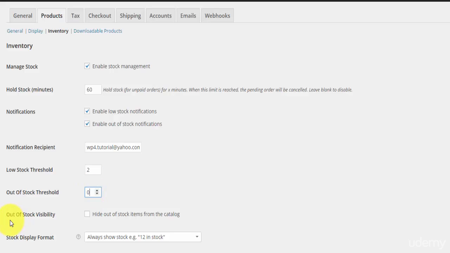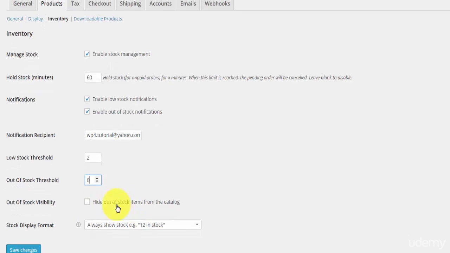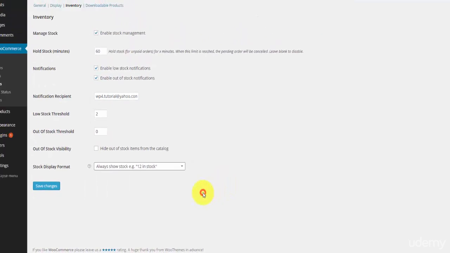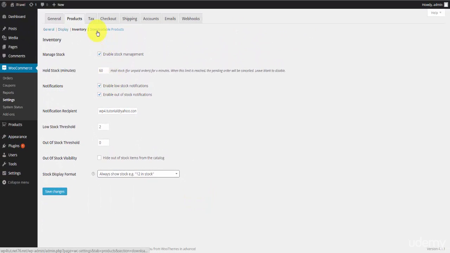The option here is out of stock visibility. Basically, if you enable this, it will hide out-of-stock items from the catalog, so I do not want to do that. And there's the stock display format, and you can choose whichever suits you the best. Alright, the next one there